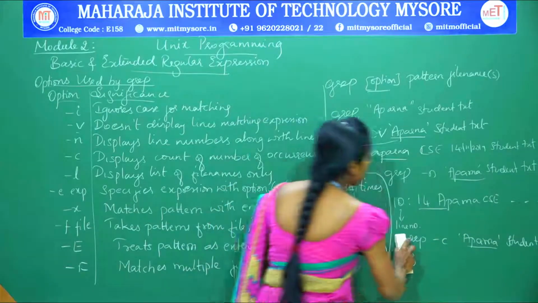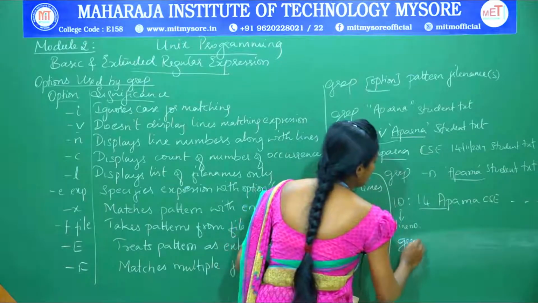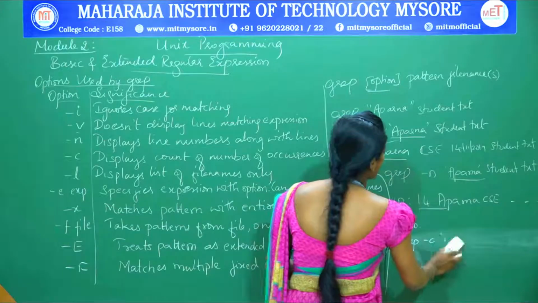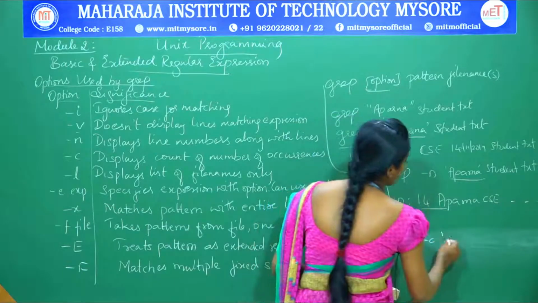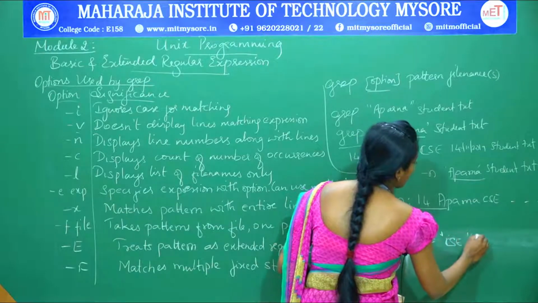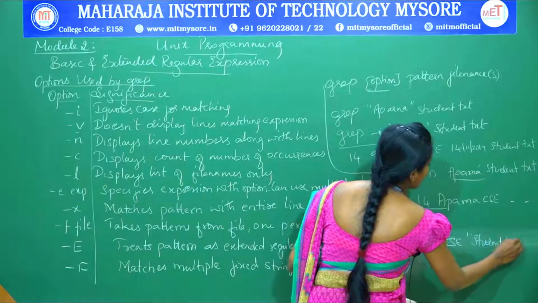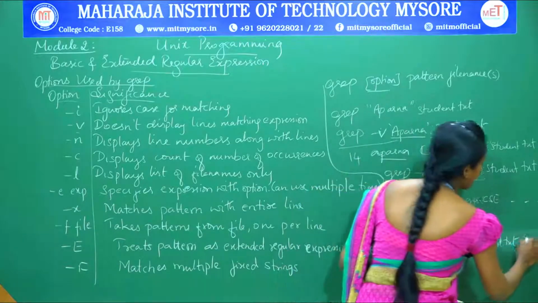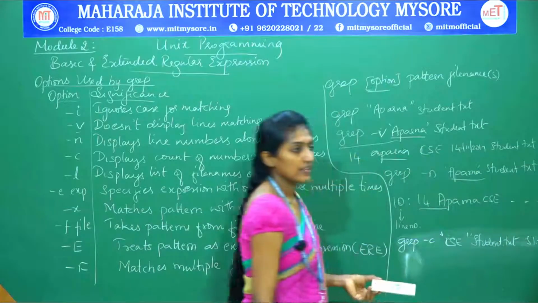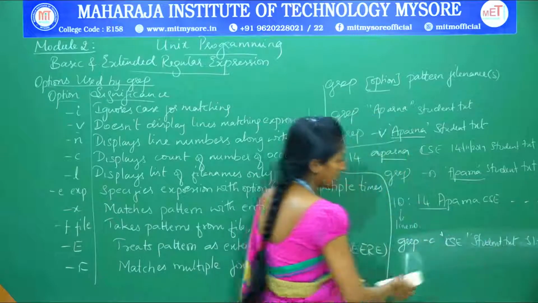Instead of this, I can give a different pattern. Let me give the CSC pattern from the file student.txt and one more file, s1.txt. So if I have given student.txt and s1.txt like this,